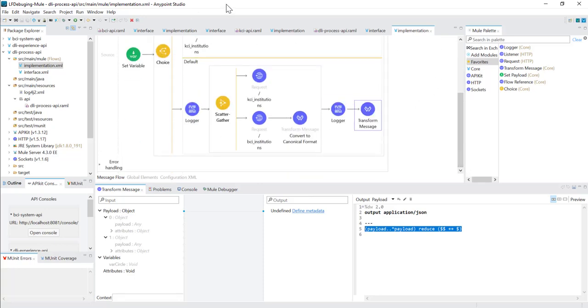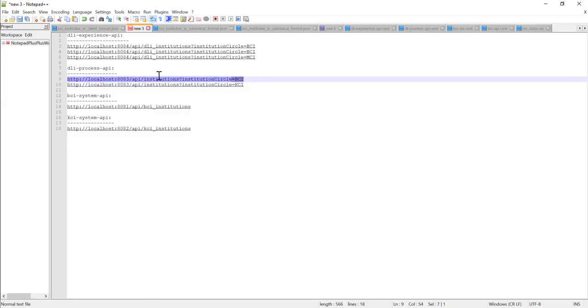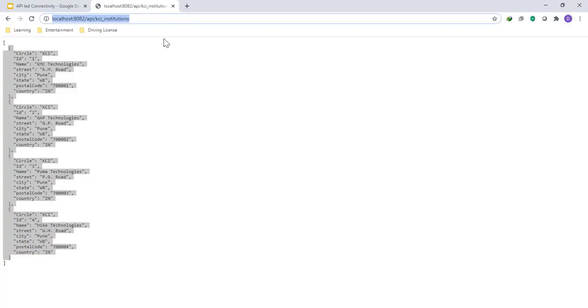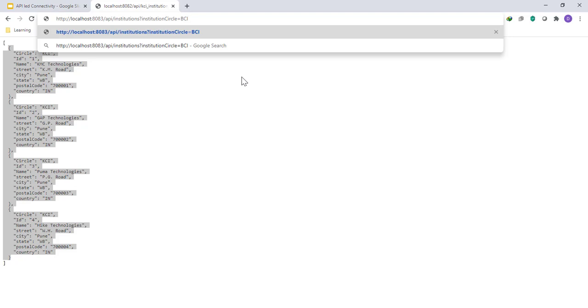So this is how we are calling the system APIs from the process API, right? And now we will quickly check how the URLs are working. Let me repeat that we are not going to provide any of these URLs to the client, so that outsiders cannot access them.